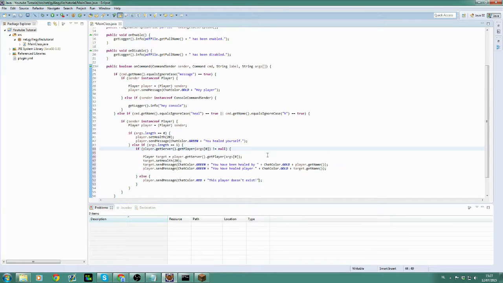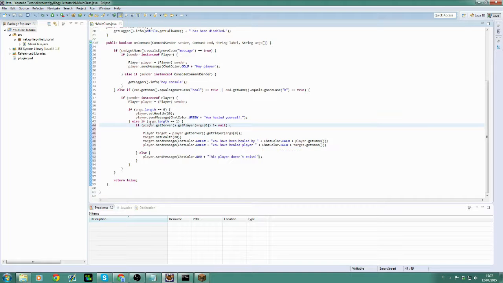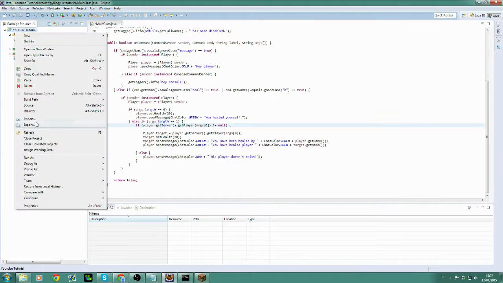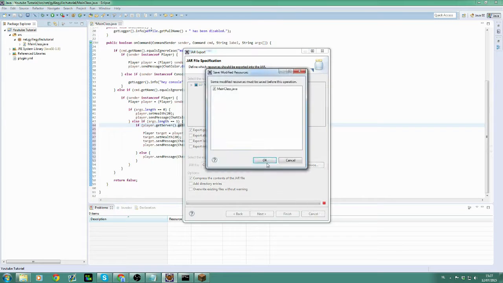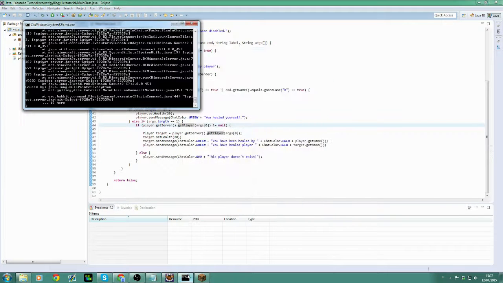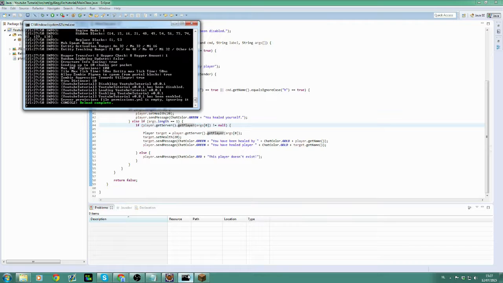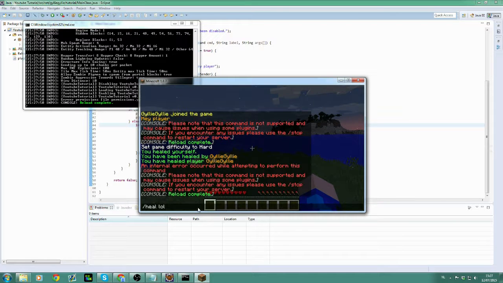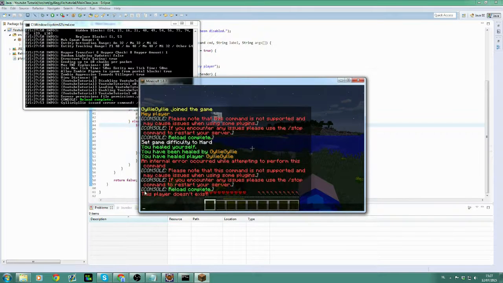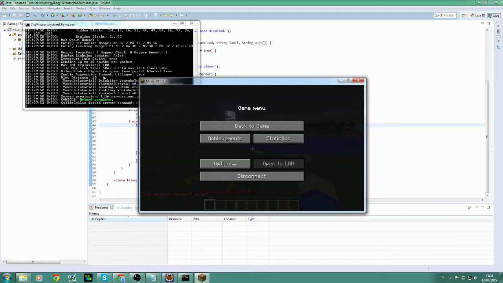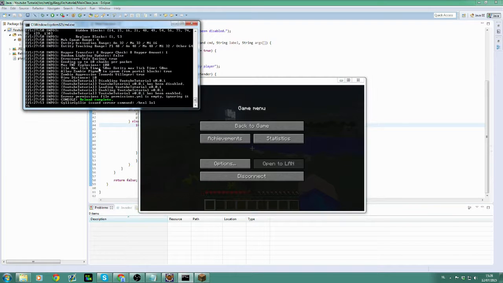So now we have this setup. We won't get the error anymore. So next, finish. Okay, yes. Do a reload again. There we go. And if you just run the same command, you'll see now it says this player doesn't exist and it doesn't give any errors. So now we can run this command as a player, but if you do it here, heal